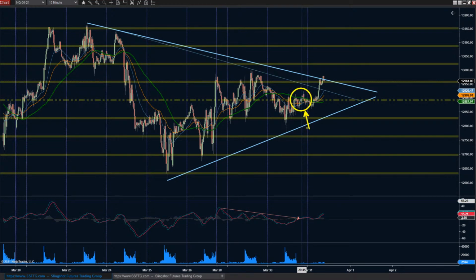And that attempt from that perspective has failed. And if that perspective has failed, well, then we're probably going to get a couple legs to the upside. So as far as upside objectives, it makes a lot of sense to see us pierce back into the 13,000s. That's going to be the big objective, huge round number, big psychological level.